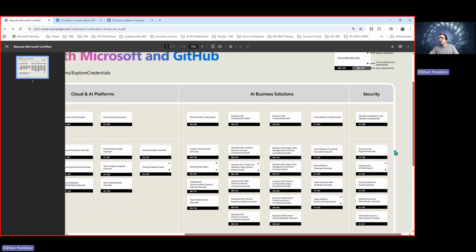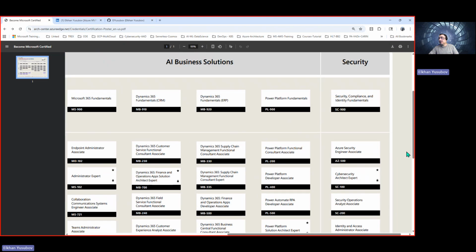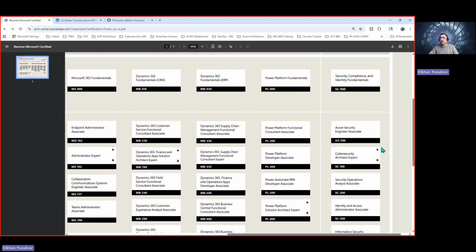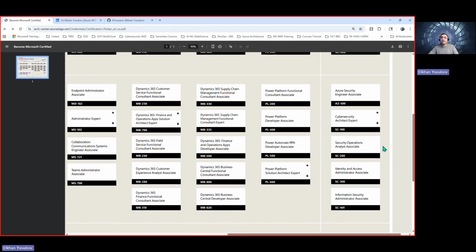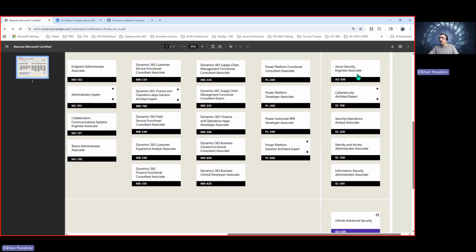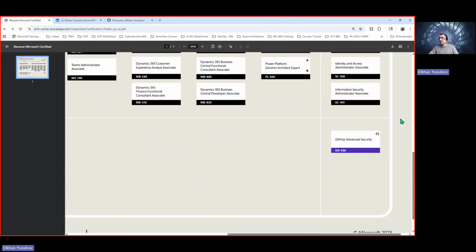Here, when we are talking about security, on the right side you see that we have a number of security certifications. The one on top is the SC-900, which is the Security, Compliance, and Identity Fundamentals. Then we have 5 role-based certifications. They are not the fundamentals for a specific role. And then at the bottom, we have GitHub Advanced Security,